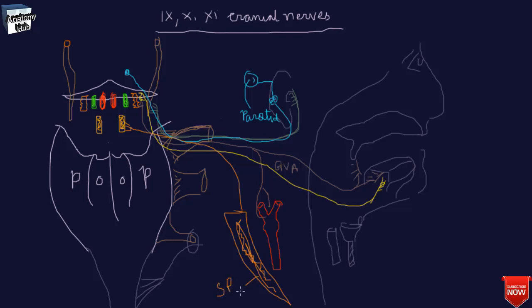So the tympanic nerve that arises is the nerve that traverses the jugular foramen, and it penetrates the temporal bone and enters the cavity of the middle ear. And here it forms the tympanic plexus, that is a network of nerves that provides the sensory innervation to the middle ear, internal surface of the tympanic membrane and the eustachian tube. So this eustachian tube also carries some taste sensation that is actually innervated by this 9th cranial nerve.